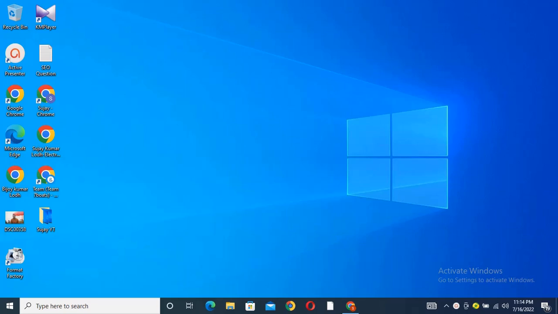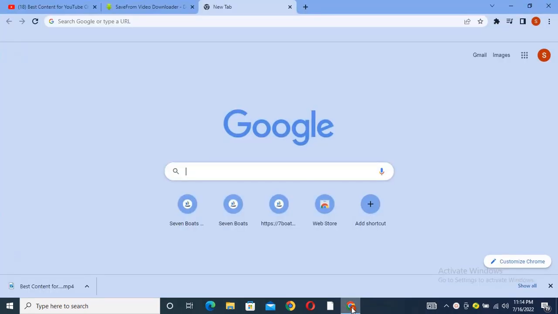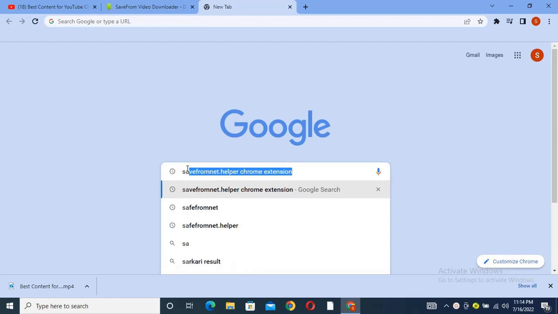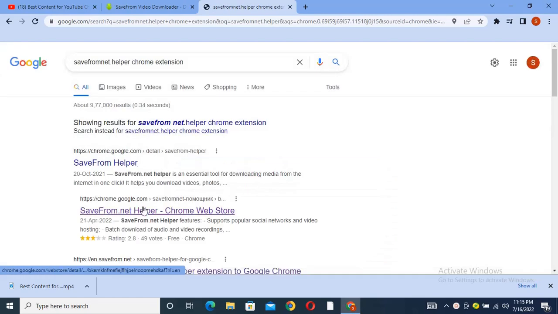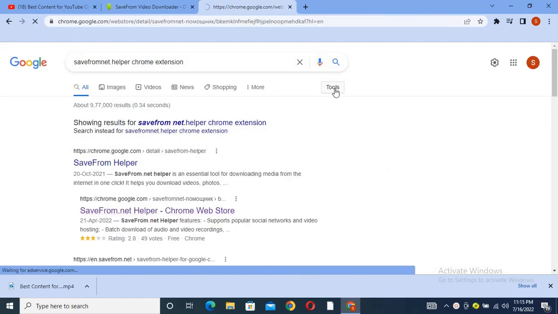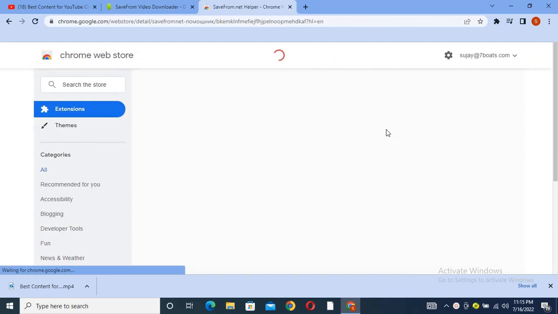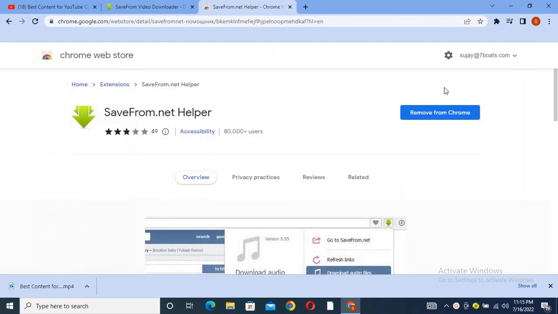Today we will see how you can download any video within a minute. So let's see. First you have to go to Chrome and install or add a Chrome extension named Save From Net helper. This is the link you have to click and go to, and as I already installed this Chrome extension,